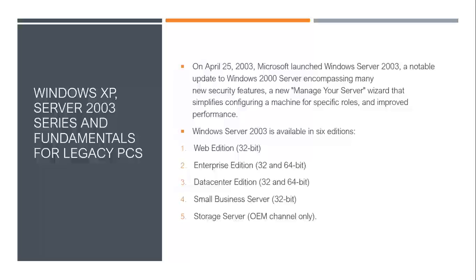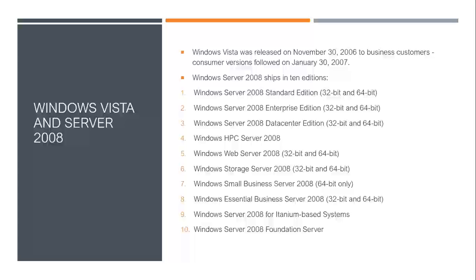After that, Windows released Windows Vista and Server 2008. Windows Vista was released on 30th November 2006 to businesses, and Windows Server 2008 had multiple editions like Windows Server 2008 Standard Edition, Enterprise Edition, and the Datacenter Edition.